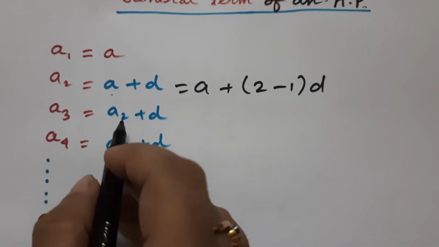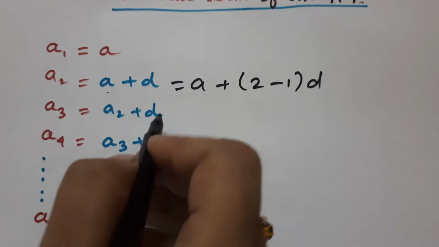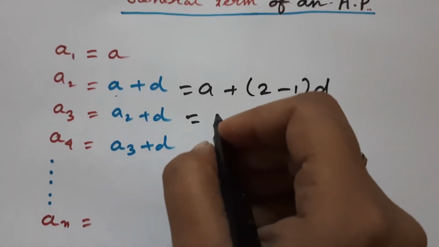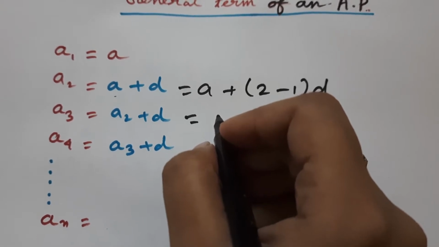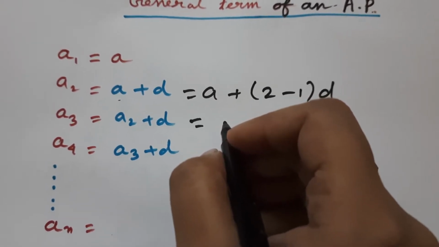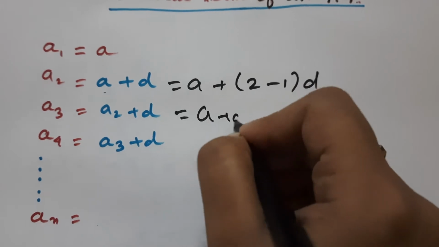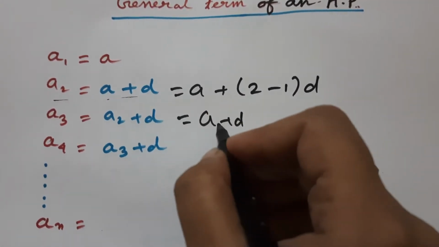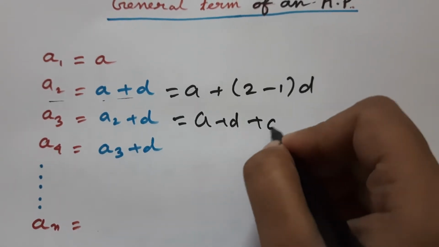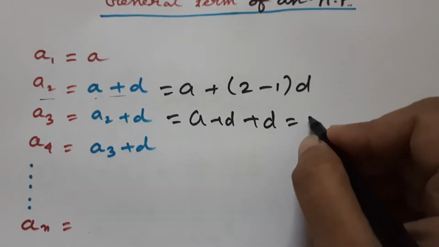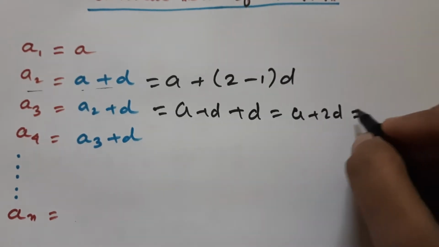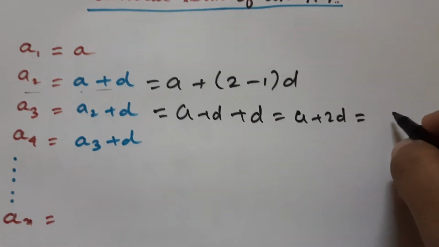A3 equal to A2 plus D, that is, second term plus common difference, where A2 equals A plus D. So here we write A plus D plus D equal to A plus 2D, because D plus D is 2D. So it is A plus 2D, which equals